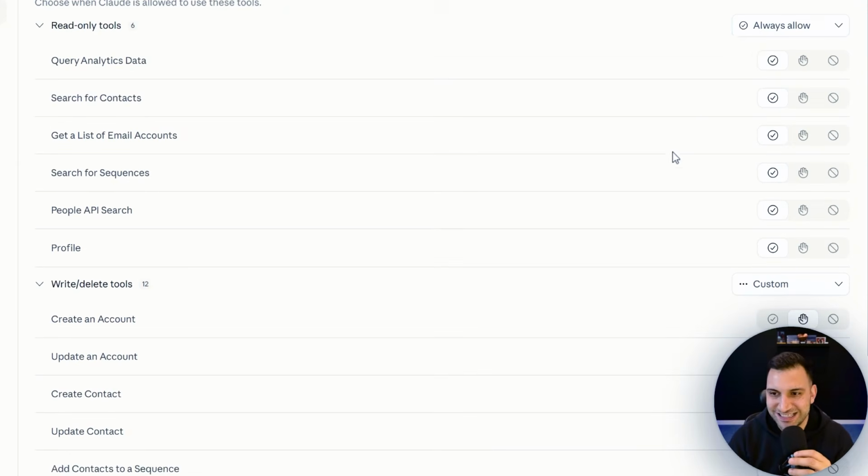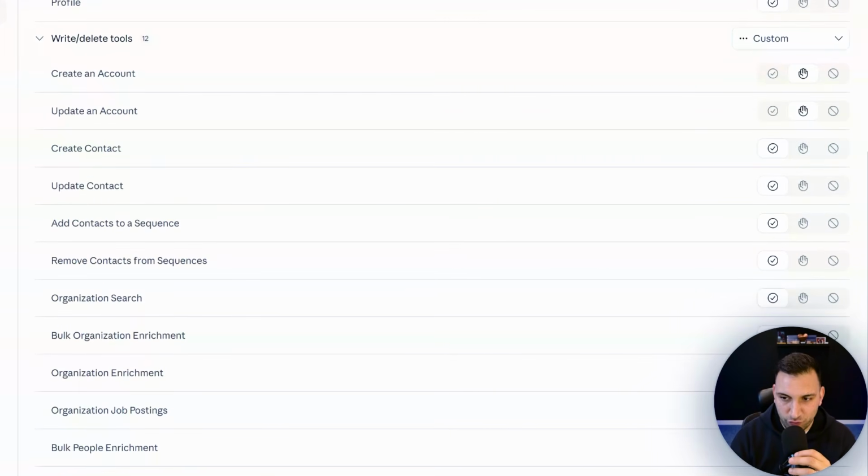Once the page loads, you can see that the default permissions are already pre-selected. I would personally recommend enabling, if it isn't enabled, because I've seen it not be enabled sometimes, organization search, enrichment, and also job postings. Sometimes when I've been connecting the MCP for clients, these three have not been connected. Could be due to their permissions on Claude or whatever. However, if it isn't connected and you don't go through the step of enabling it, don't be concerned. A pop-up will appear on the screen as it's conducting these activities, and it will ask you for your permission to enable that specific activity.